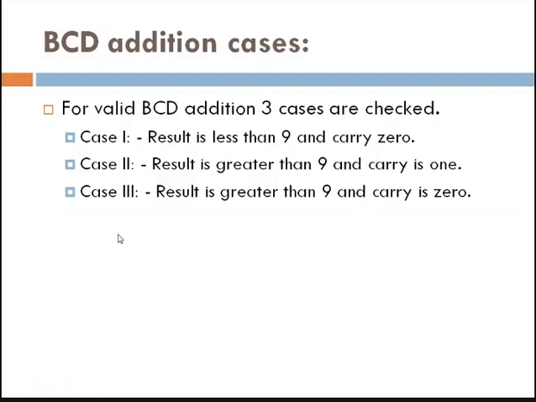In that case also, if the result is greater than 9, then obviously your BCD sum is invalid. Again in that case you have to perform the second addition, that is, add 6. So the first case is the valid case, and in the second and third cases, we want to convert the invalid result into a valid one. We'll see an example, through which the idea will be clearer.